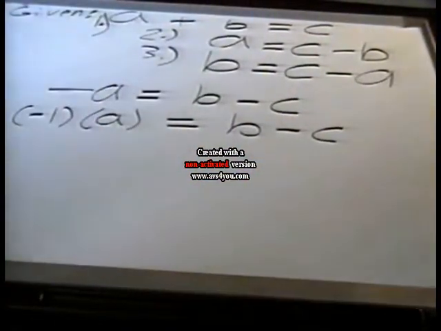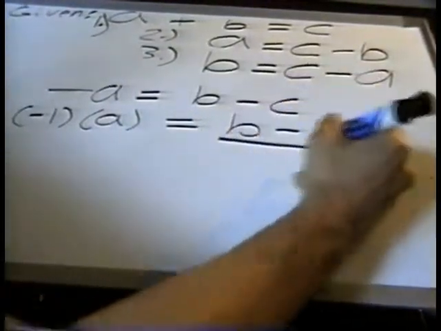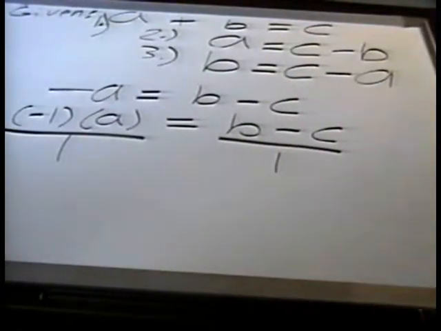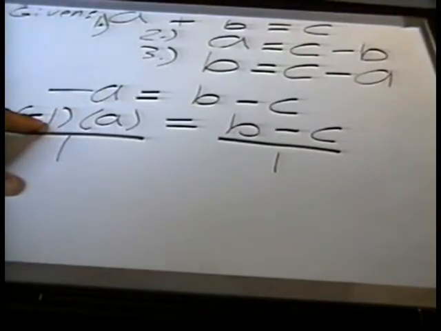And here you look at a positive A, this is a negative of that. You see? So A equals C minus B, whereas